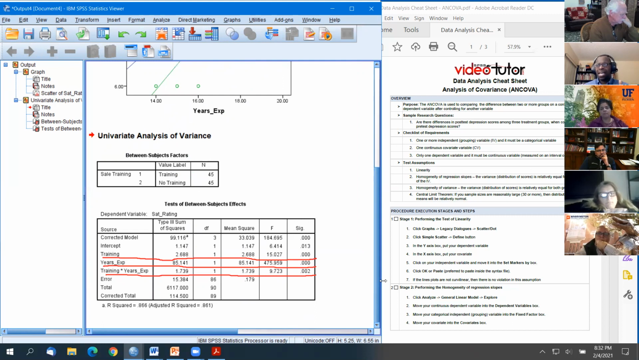And a robust test is basically saying that under certain constraints, even if you have violations, your answers, your p-values, are going to be relatively similar. So a robust test is one that, even when violations are present, will give you a p-value that is plus or minus 0.02